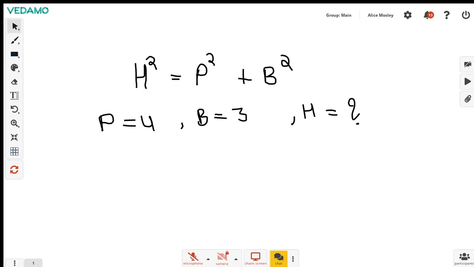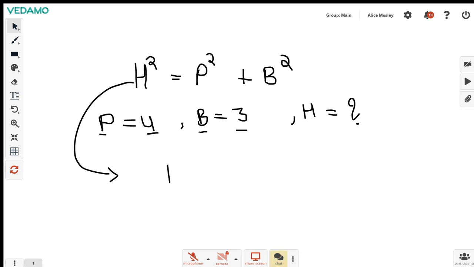So what you do is you put the values of all this. Whenever you find p, you will place 4 in the place of p. Whenever you find b, you will place 3 in the place of b. So let's rewrite this equation